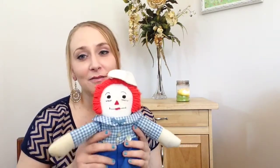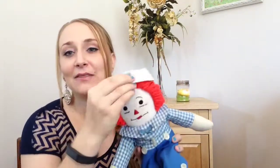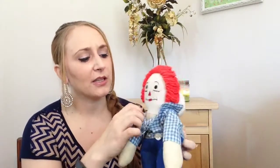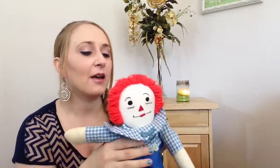wear them. Another thing that I have to wash is this little guy. I bought a Raggedy Andy for like $1. His hat is falling off, his little sailor hat. So I'm going to have to get some thread and just re-sew that right there. He needs washed, so I'm going to hand wash him. I'm going to use probably some color safe bleach or something, or maybe just wash this part with just a rag. He's a little dirty, but I love Raggedy Ann and Andy, and there's actually a story behind